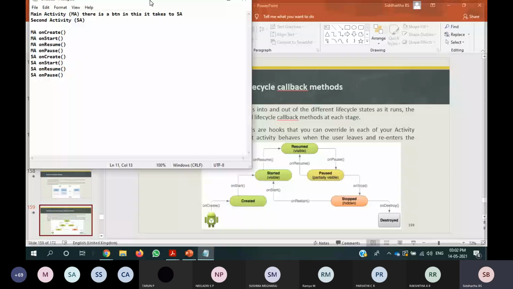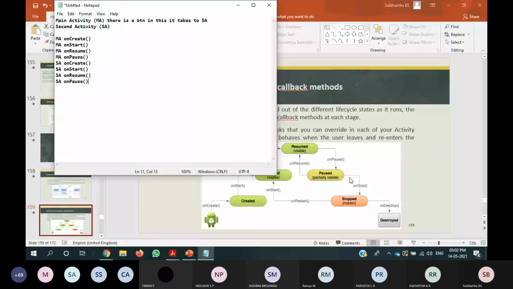Then it will go to onStop. Then the main activity comes into existence with onRestart. What happens on the onRestart callback method? The main activity goes through the onStart callback method. Again, the main activity will call the onResume callback.